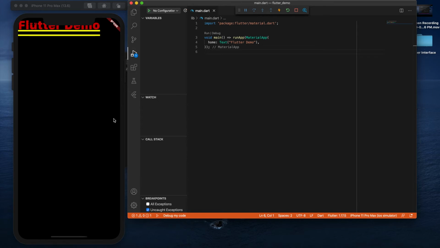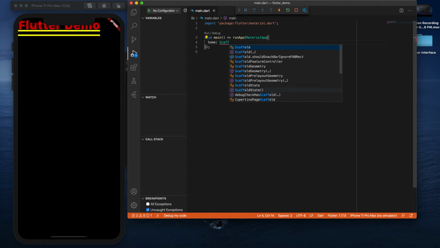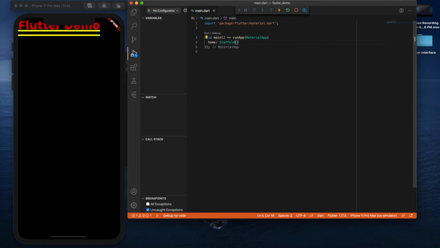The first step towards creating the scaffold is to remove this text widget from here, and instead write scaffold over here. Inside the scaffold, we first want to create an app bar.